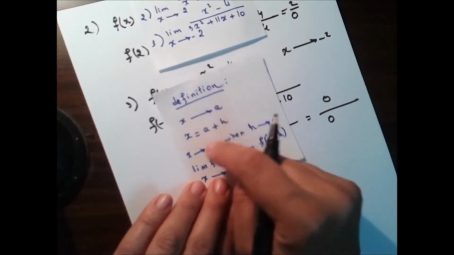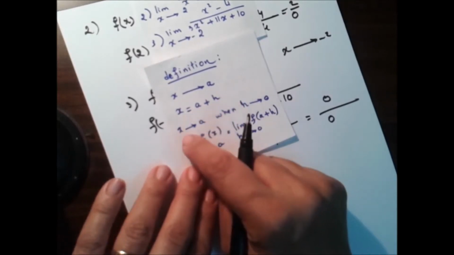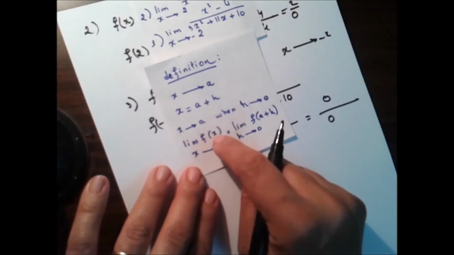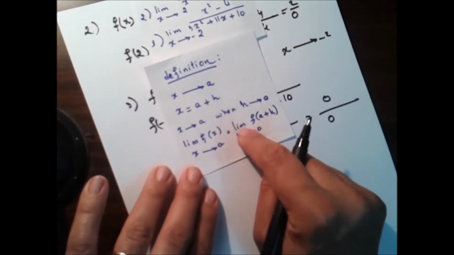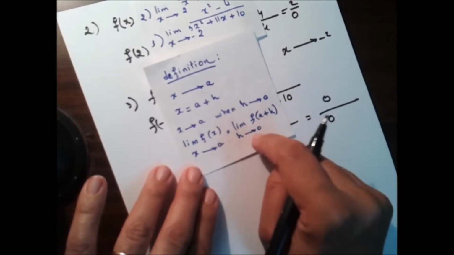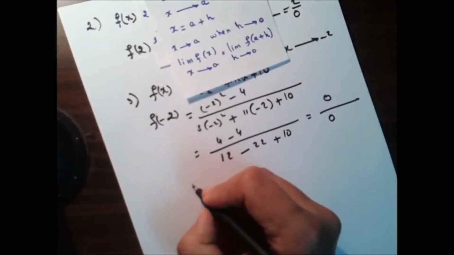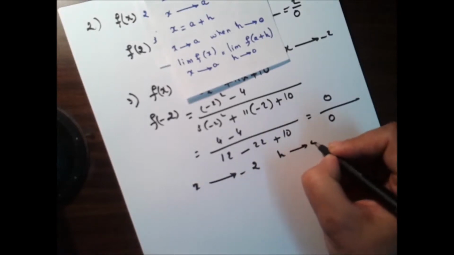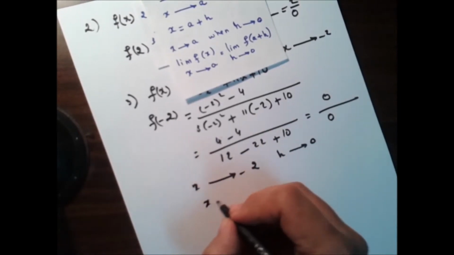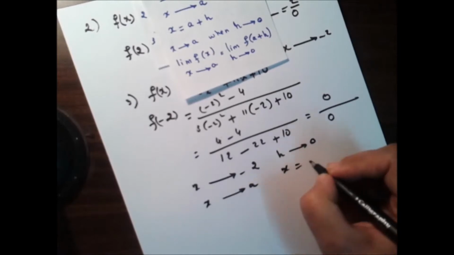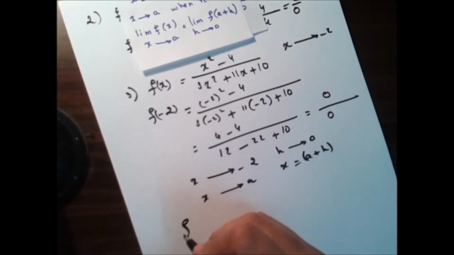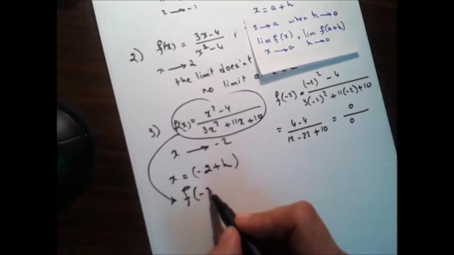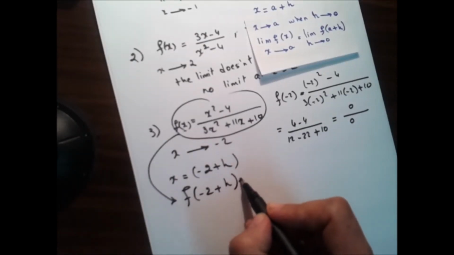As x tends to a, x is equal to a plus h, and when x tends to a, h tends to 0, and the limit of f(x) as x tends to a is equal to the limit of f(a plus h) as h tends to 0. So as x tends to negative 2, h tends to 0, and x is equal to a plus h. So find f(a plus h). So f(negative 2 plus h) is equal to